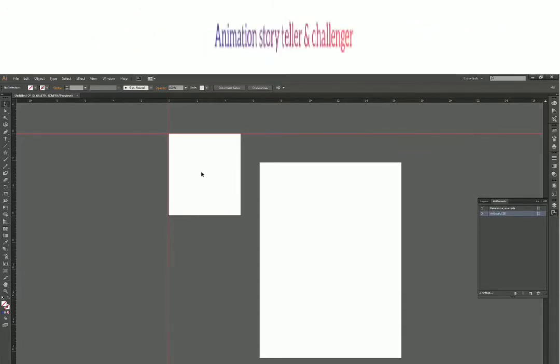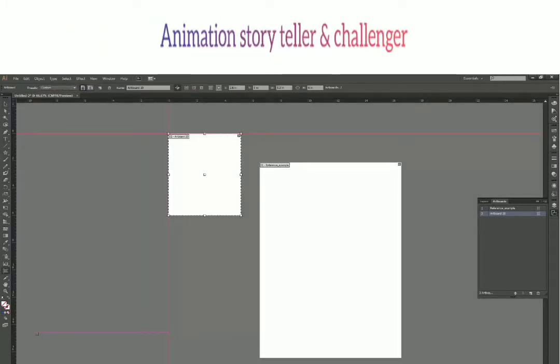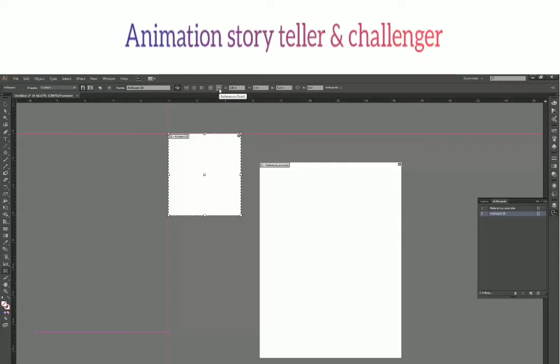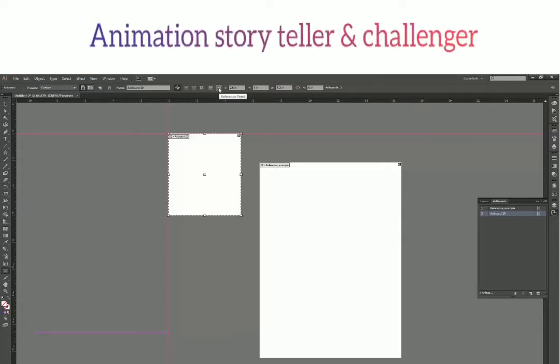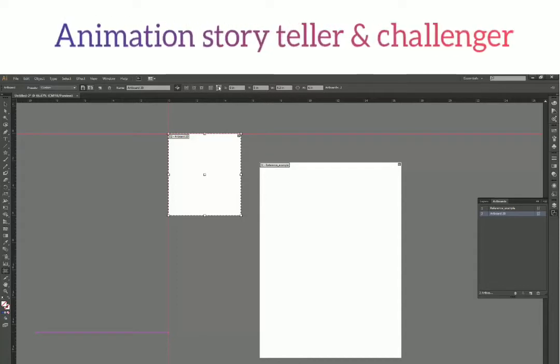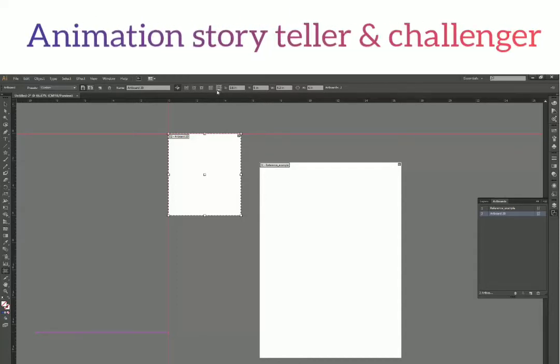Okay, now to understand the reference point, let's select this tool. And now it says the reference point is at the center. You can see this dot is selected, the centered one. I can select any of these dots and immediately that dot gets highlighted. So right now the center one is selected. That means my reference point is here somewhere. Okay, and when I select this one, the top left one, that means the reference point is here somewhere. Okay, and the same applies to the bottom left, the bottom right, and everywhere.